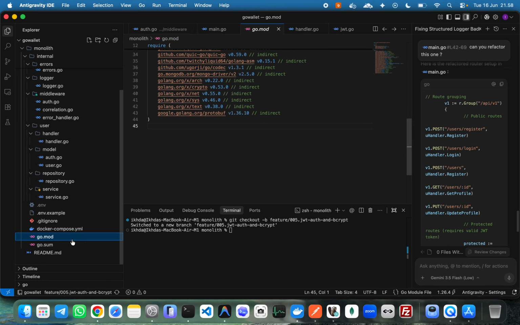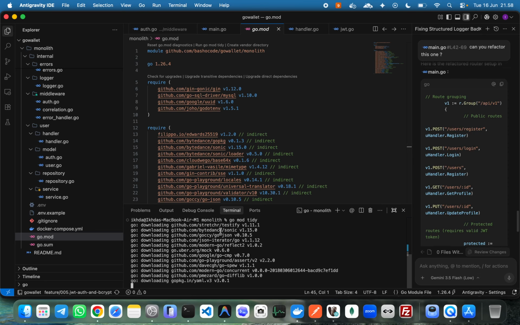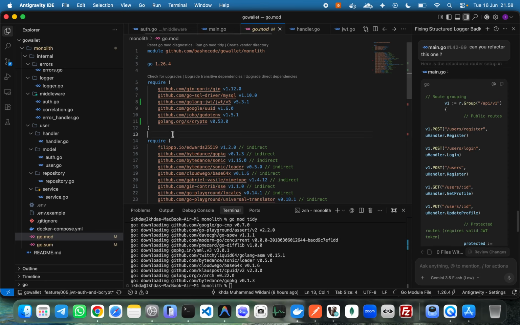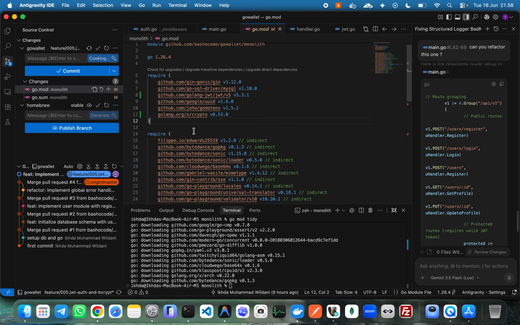And then commit tidy. I think commit tidy again should be like this. Okay, good. We generate again and commit this. Okay. Make the indirect one to the direct one